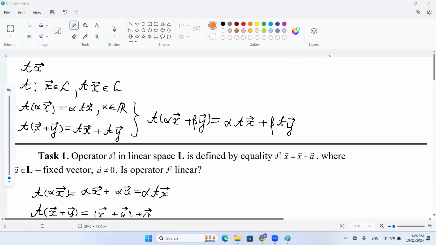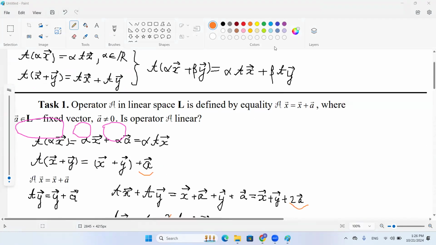So we were checking this property. If we apply the operator to the sum of elements, it must be equal to the sum of applied operators to each element separately. And we need to check if